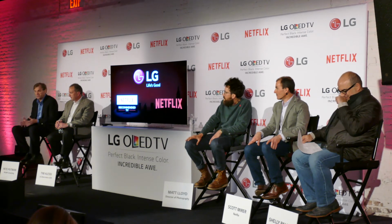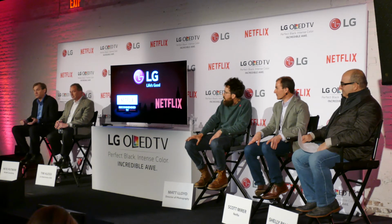Not all these standards are in place yet. Everybody should keep in mind that HDR is still taking baby steps. We don't have all the standards for formatting to it, wrapping it, and delivering it to the home. But it helps to know that we actually have display technology that can show it, can actually reproduce high dynamic